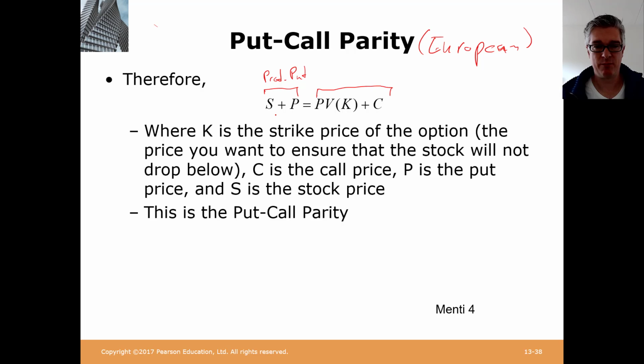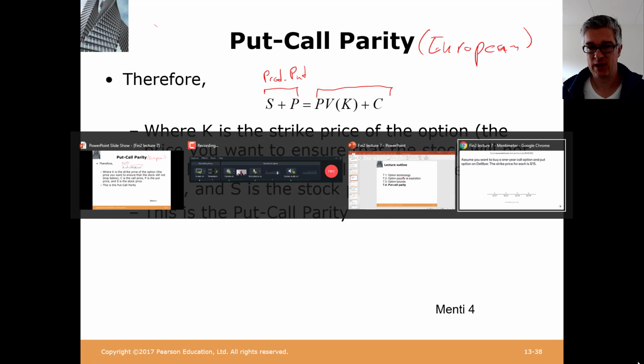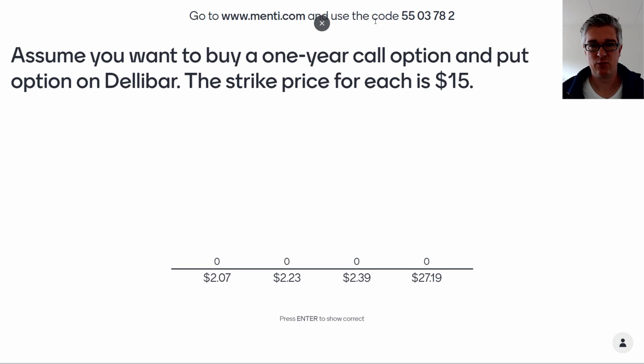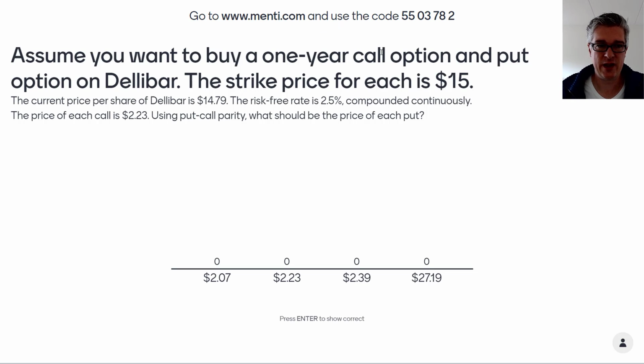So suppose you know the share price, you know the put option price, and you know the present value of a certain riskless bond, you should be able to obtain the call option price. And to show you that, let's do a little Mentimeter exercise. So suppose we want to buy a 1-year call option and 1-year put option on some company deli bar, and the strike price for each is $15. If then the current price per share of deli bar is $14.79 and the risk-free rate is 2.5% compounded continuously,